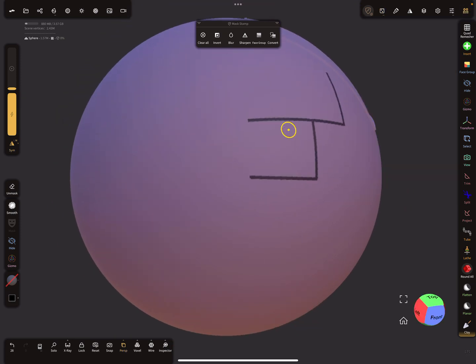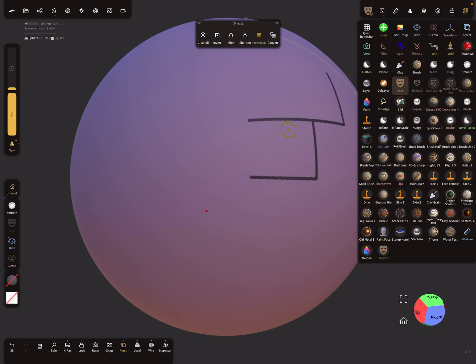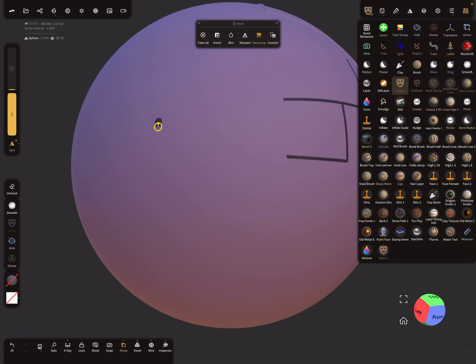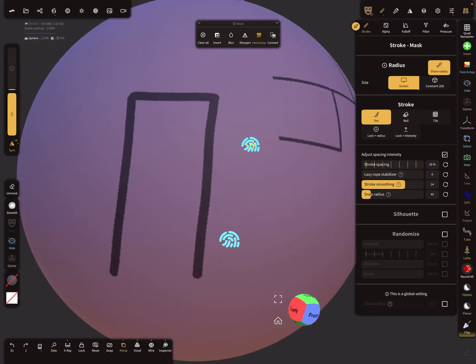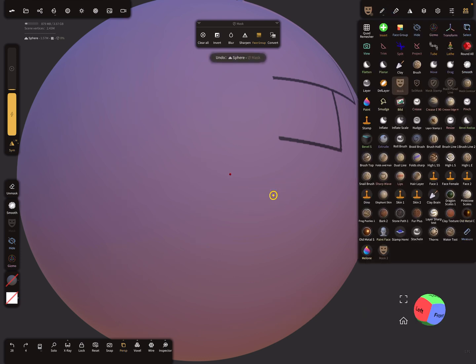It's a high poly mesh, so about 1.5 million vertices. And I choose a mask tool, and so maybe I want to mask here such a square. And the stroke settings, you can try here stroke smoothing and so on. It's not possible to draw straight lines here with a normal mask tool. So it's much easier to use a mask tool, a custom mask tool, I show you then,